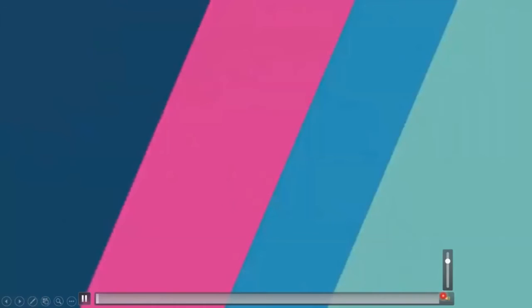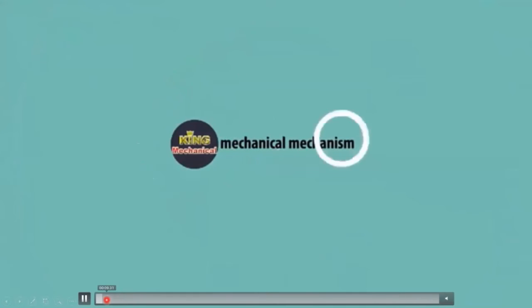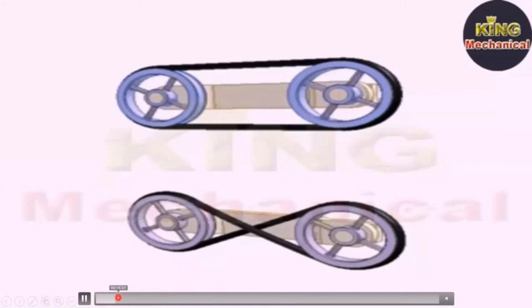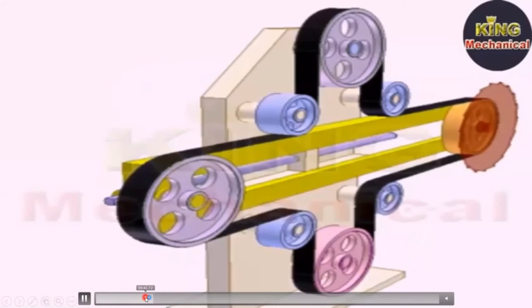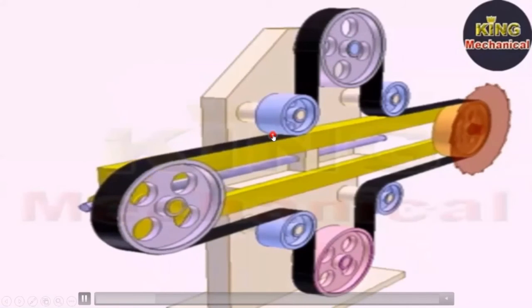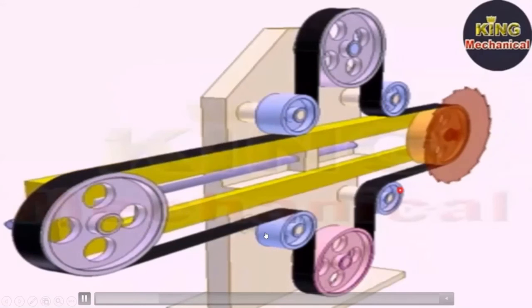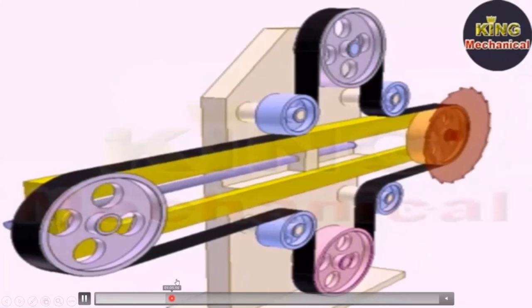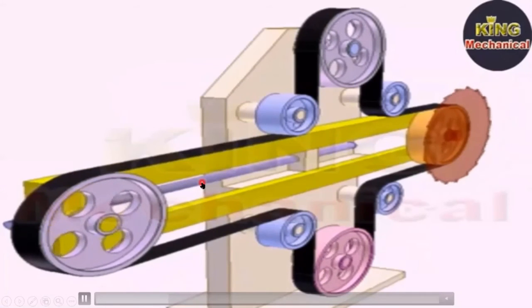And I will show some belt drives. See the use of belt drive. Here this is the open type, this is the cross type. See this, here these are the idle pulleys. They just maintain the tension in the belt. We have 4 idle pulleys here. We can arrange so many mechanisms with the help of belt drives also.